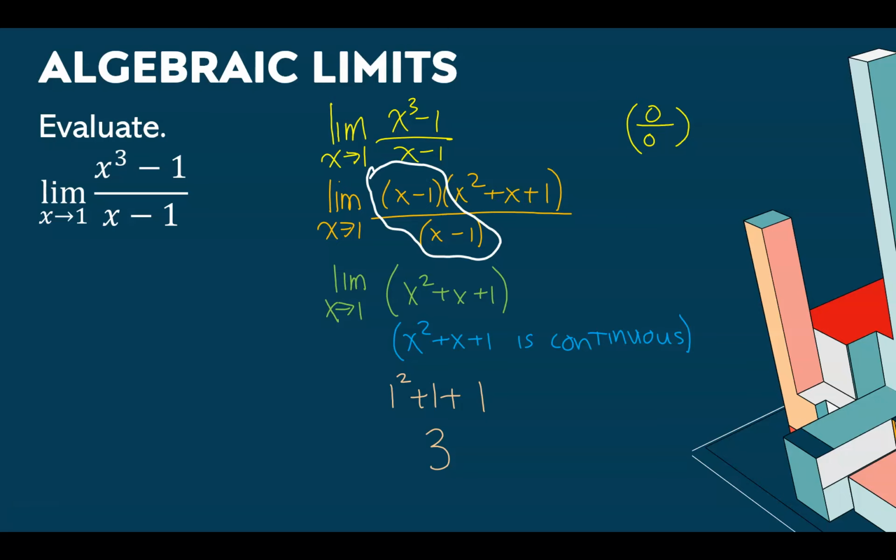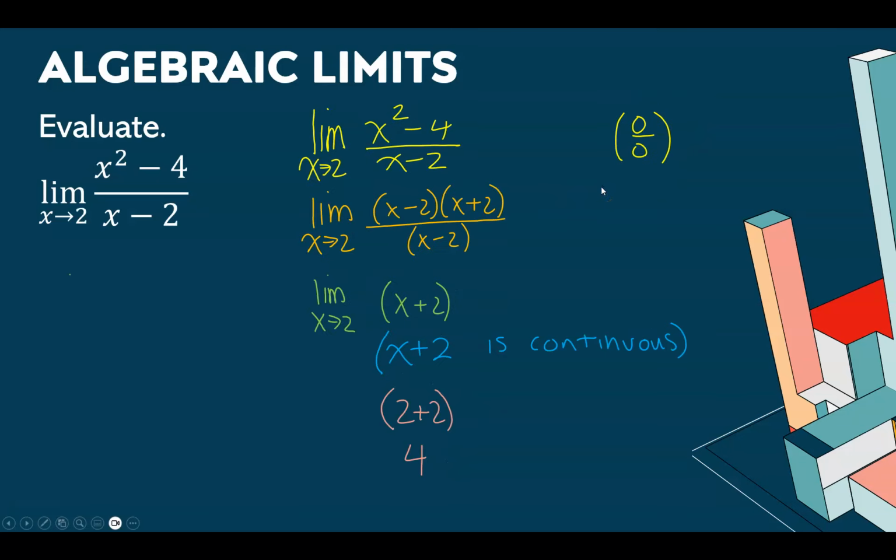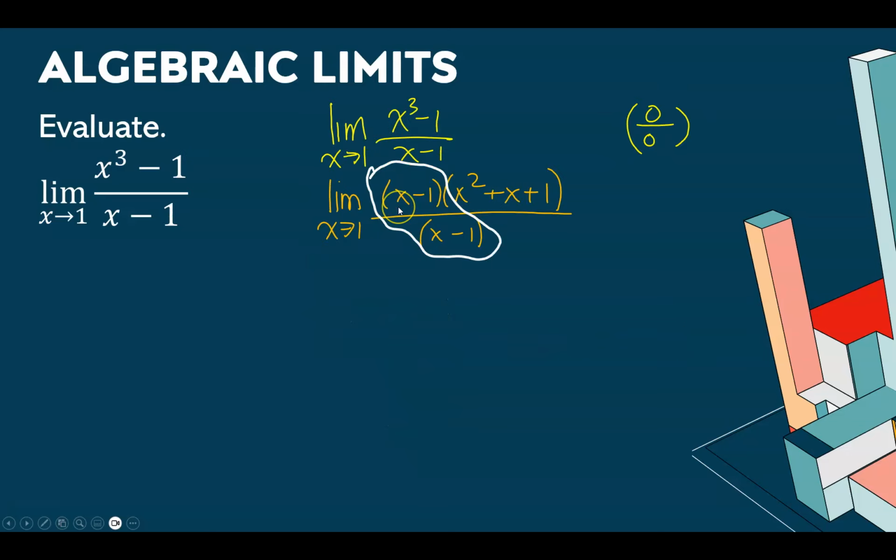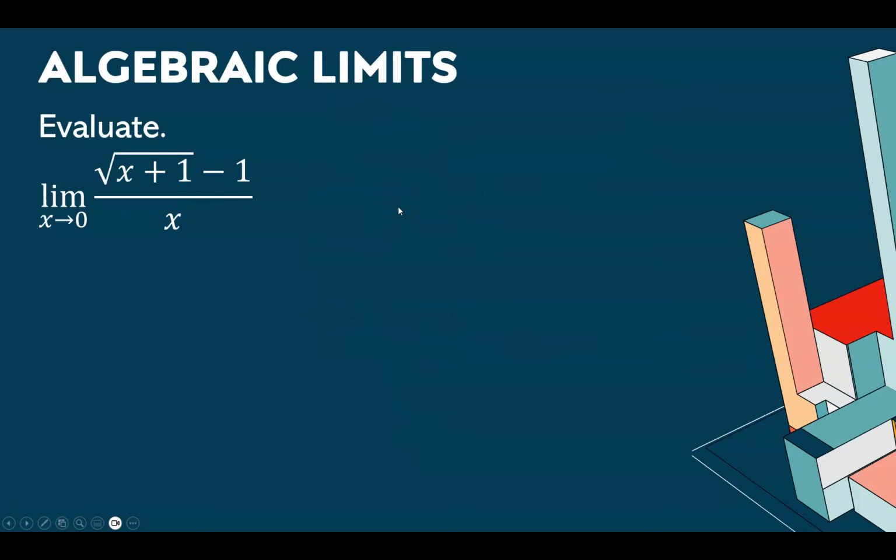So we knew that when we substituted and got 0 over 0, there's an x minus 1 in the numerator, there's an x minus 1 in the denominator. Back to the problem before that. What created the 0 over 0 here? Well, we're substituting in 2, so it was the x minus 2 over x minus 2. Which means in this case, obviously the x in the denominator is creating the 0 in the denominator, but the